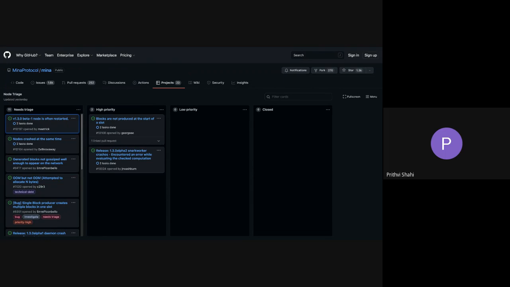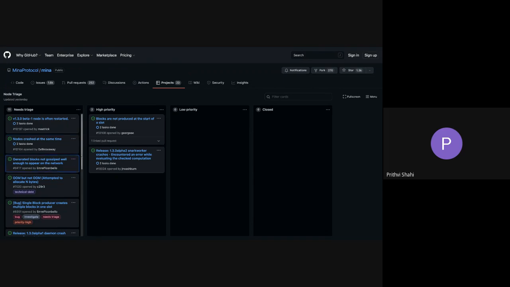Similarly, for 10164, where it says a node crashed at the same time that it produced a certain block. This is an old bug that we believe is fixed, but we don't know what version that person is running, and we need that information to be sure about this sort of thing. So I've added a comment in that ticket asking the author to provide it. And that's it for those two.